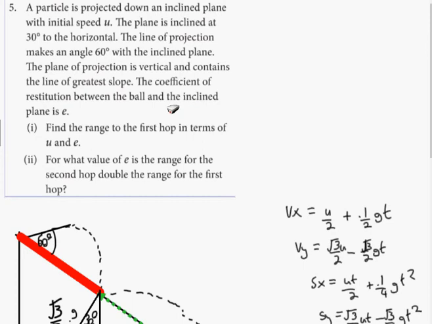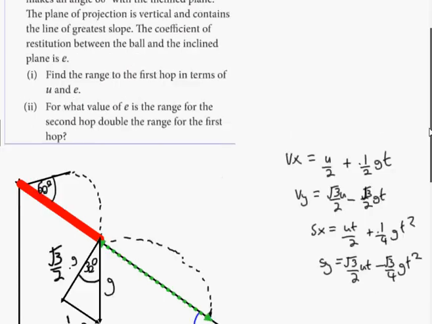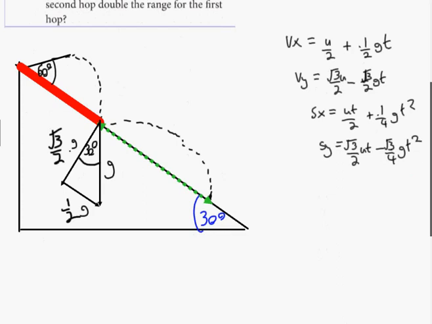The coefficient of restitution between the ball and the inclined plane is e. Find the range of the first hop in terms of u and e. Now, it's the first hop, okay, not the first throw. So what happens was